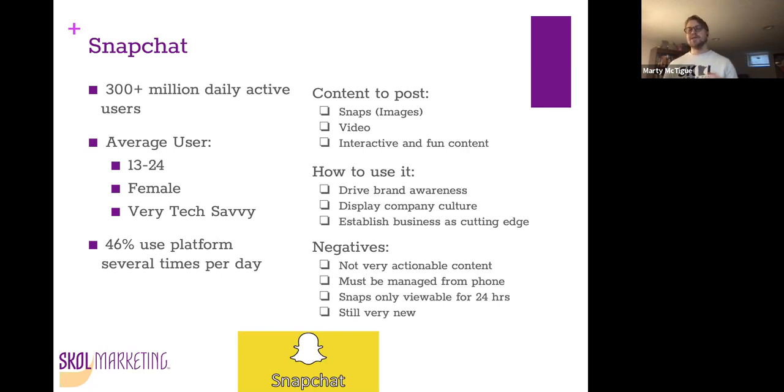but it definitely takes a lot more effort and time to utilize something like Snapchat, because you're going to have to create new content constantly in order to keep your feed updated and keep users interacting with you. It's still fairly new, and it's a little bit more stale because other platforms, Facebook and Instagram, have added things like stories, which were kind of created by Snapchat.